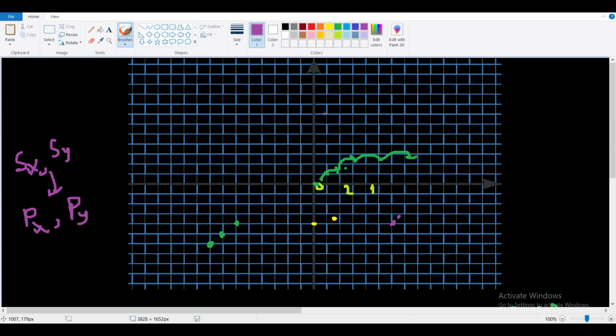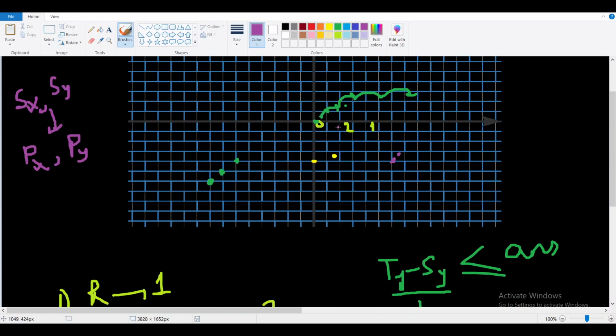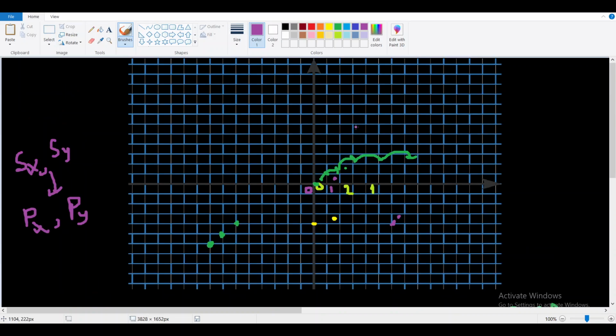Let's say we are at some even row. Let's say we are at this row. This is an even row. Then let's say the Sx value is 1, and we are at an even row. Then our point value will be 0, right? Our point value will be 0. Now let's say we are at some odd row, let's say 5. Then our point value,